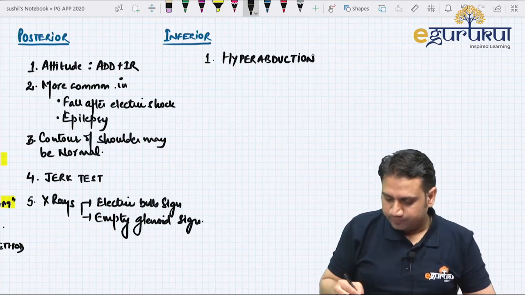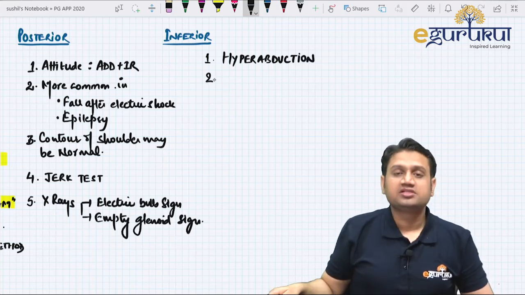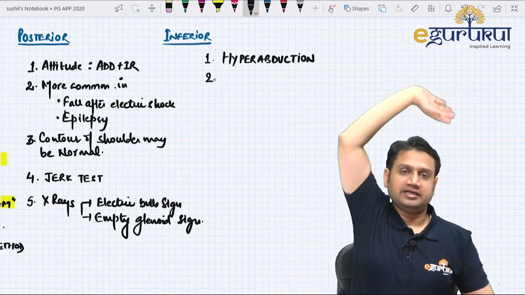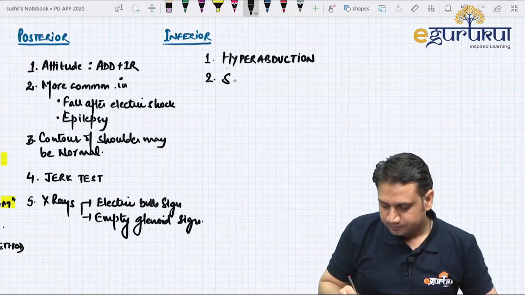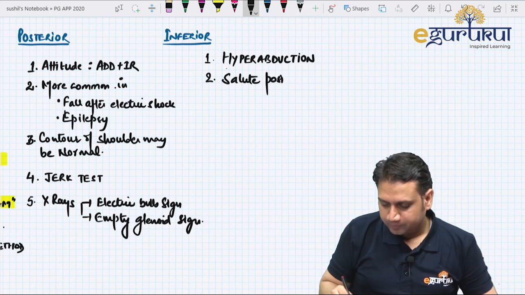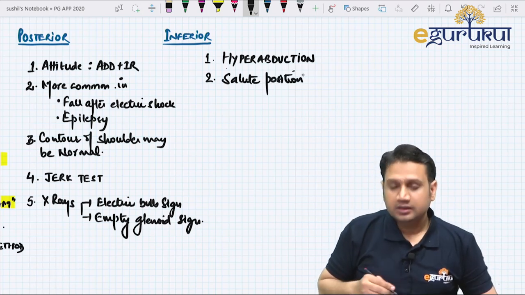Okay. Number 2, this posture, the patient when he comes to you, the hand held over the head like this. This has been described as salute posture. This has been described as salute position or the salute posture. Number 3,